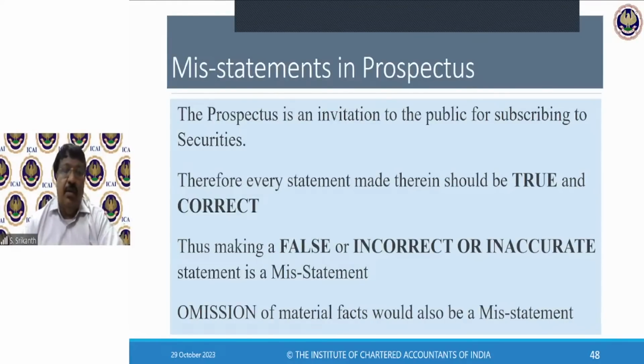Omission of material facts. See, a father is looking for a groom for his daughter. He goes to the village. He meets a person near the village well, generally asking how is that family. That local fellow knows about that family. The crook knows, number one, that the groom is a drunkard. But still, what he does is keep quiet. They are good people, wonderful. Like that. That is omission of material facts. Later on, this poor father, believing him, gets his daughter married, and only then does he realize this fellow is a drunkard. So, omission of material facts would also be a misstatement. Similarly, you have something which we call ardha satya.